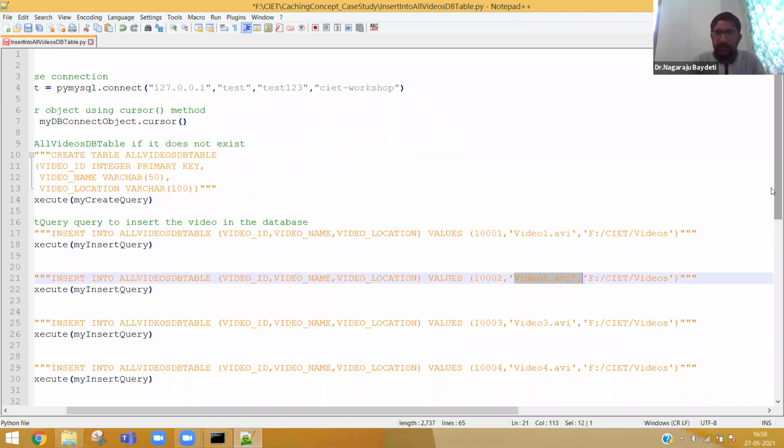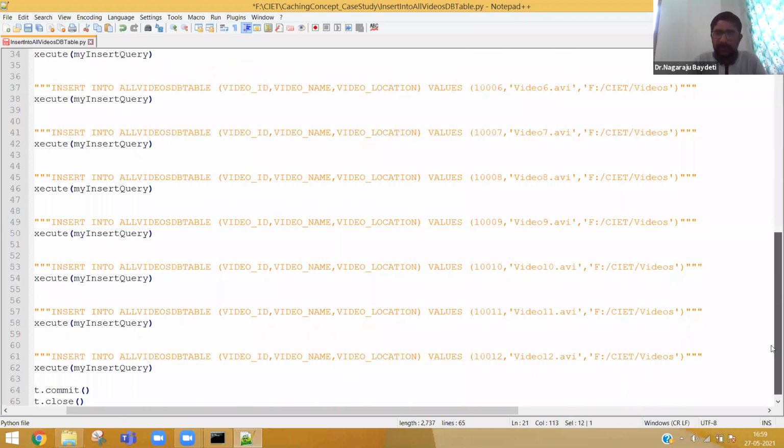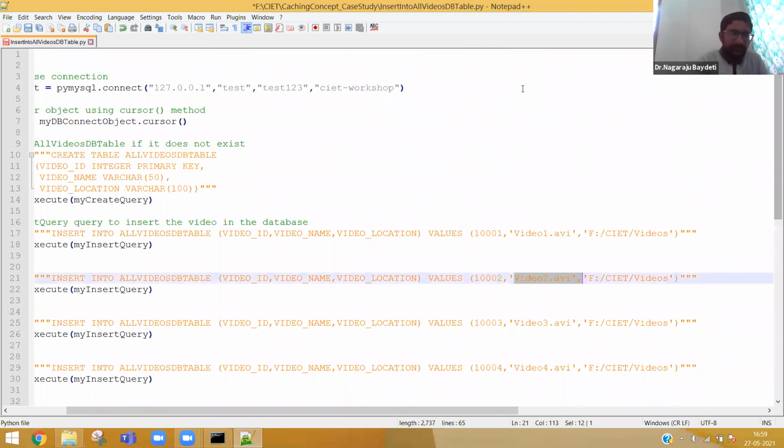So I am inserting all the initial locations in the all videos table. Let me repeat again: we need two tables, one with all the videos, another with only 3 entries, depending upon the user request. Initially you need to load the data in the all videos DB table. That is what I am doing here.